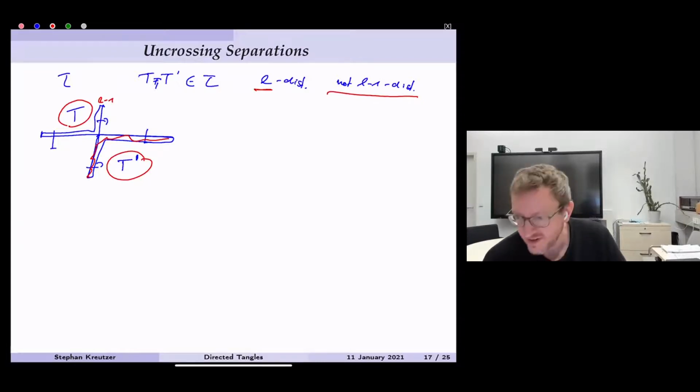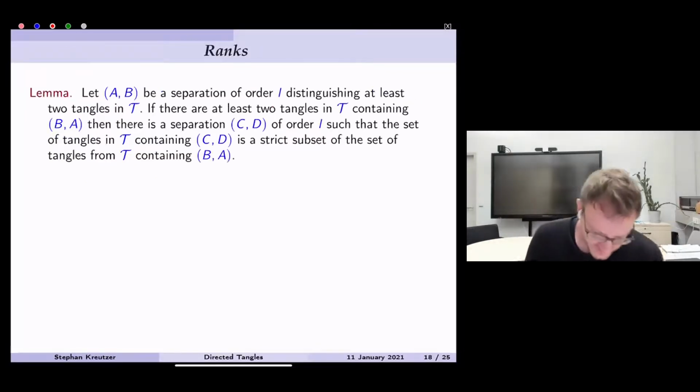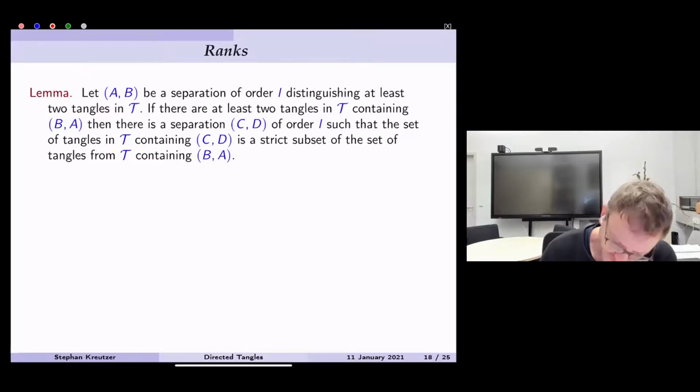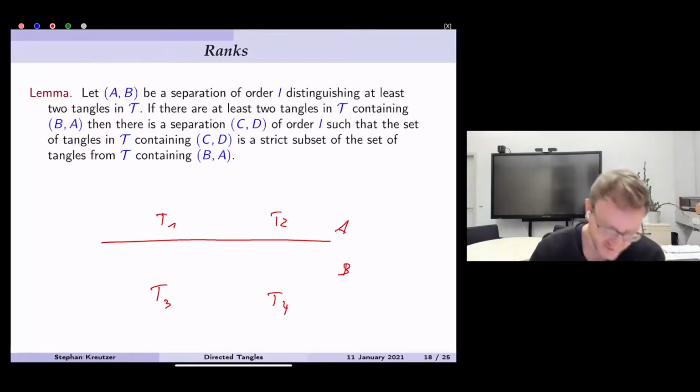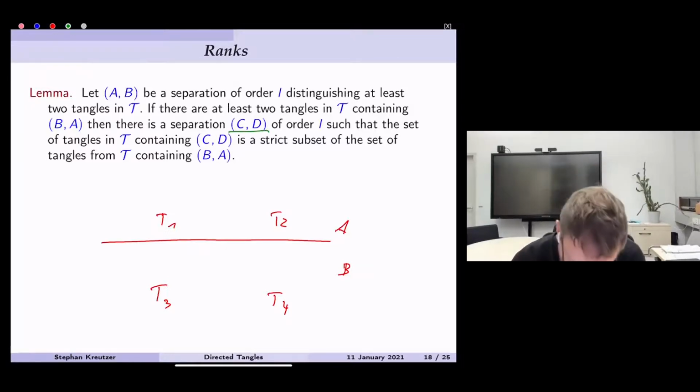Okay, so I hope this made a bit of sense, just to explain what's different from the undirected setting, why we can't just adopt the same proof. And so the first lemma that we can prove is if you have such a crossing pair of separations. What the lemma says is we have separation AB, and this separates some tangles, let's say T1 and T2 from T3 and T4. Then if you can guarantee that you also have a separation, here CD, which would separate tangles like this,